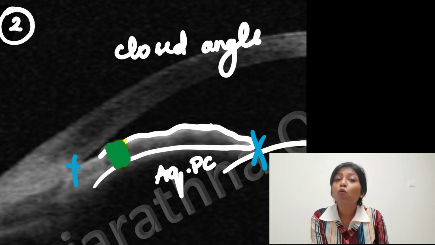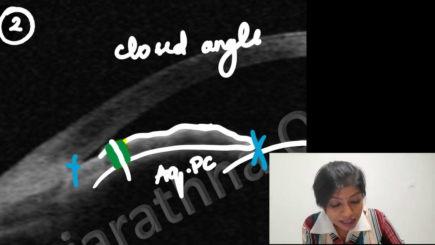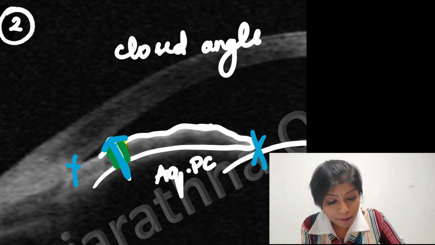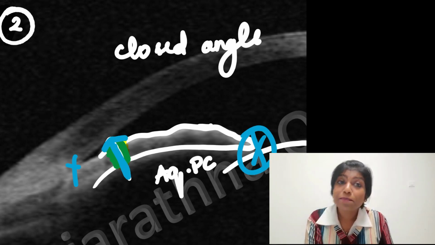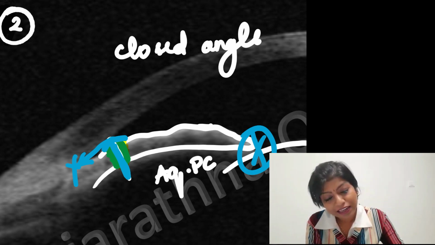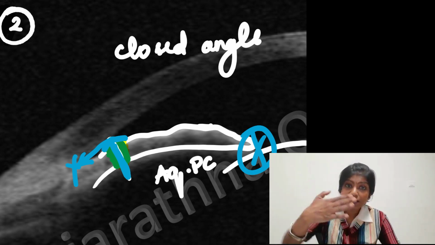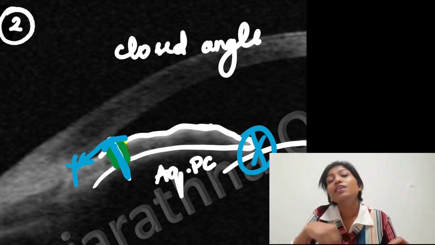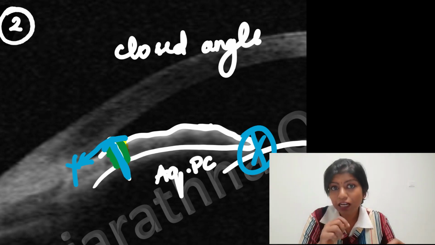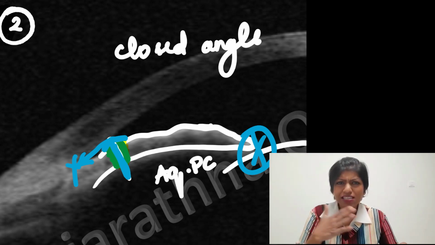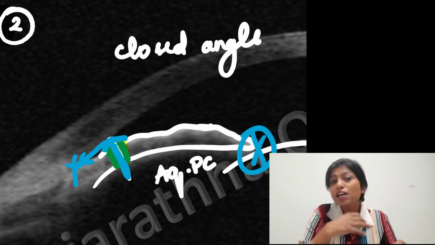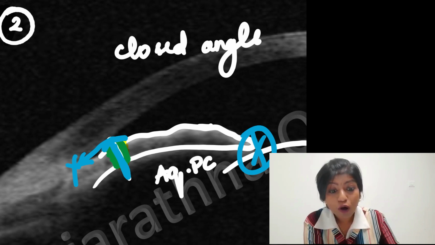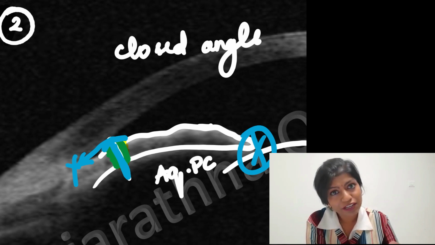So now when I make an opening here, now what happens? There is a way for my aqueous to come forward, bypassing the pupillary block, and then it will push the iris backward as long as it's an appositional closure. See, when it is a synechial closure, more than 270 degrees is going to be a little difficult. So as long as it's an appositional closure, see, somebody is just nudging you, you can just push him away, right? So you just push the iris away and resume flow. All right, so that is the use of doing a laser peripheral iridotomy.